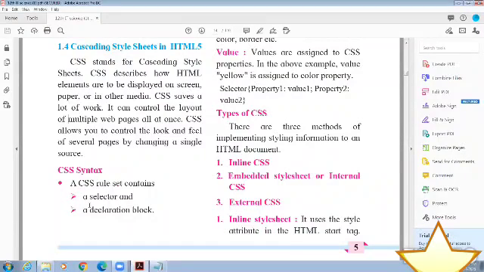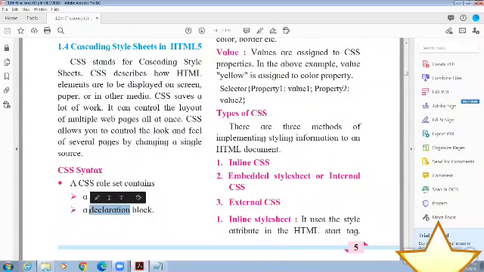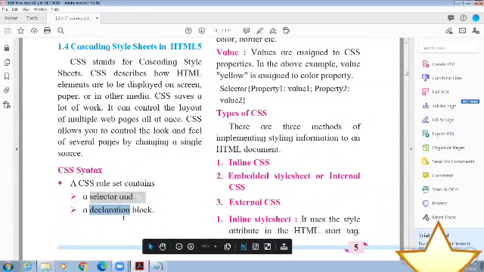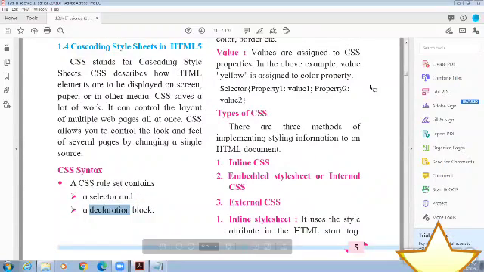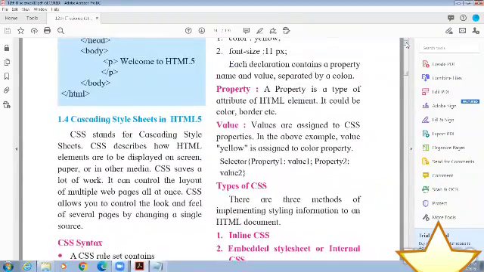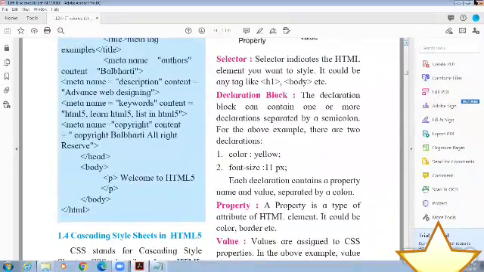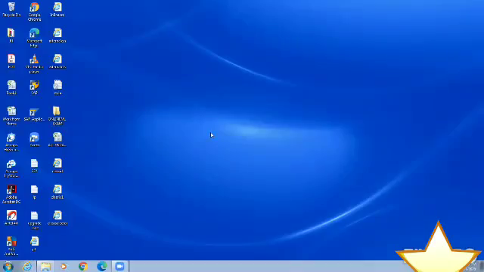Now we will again see the syntax of CSS. Syntax is selector and the declaration block. Now how this selector and declaration block comes, we will see. See here, the syntax of CSS.